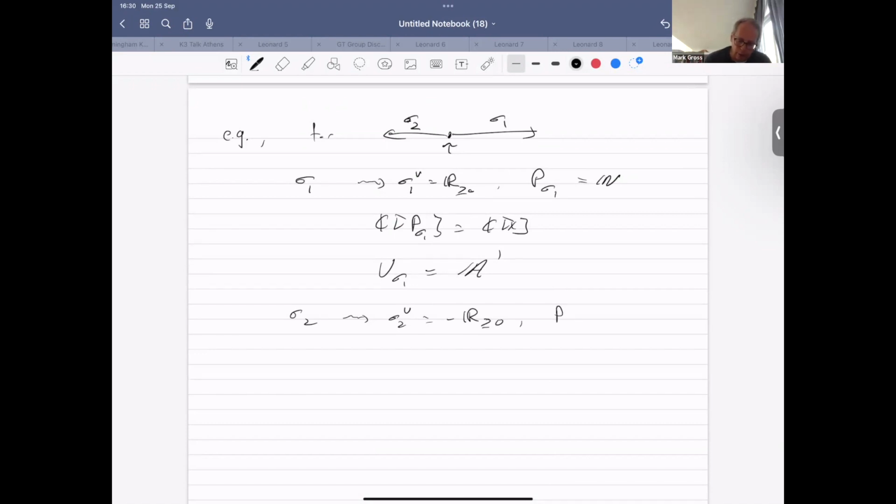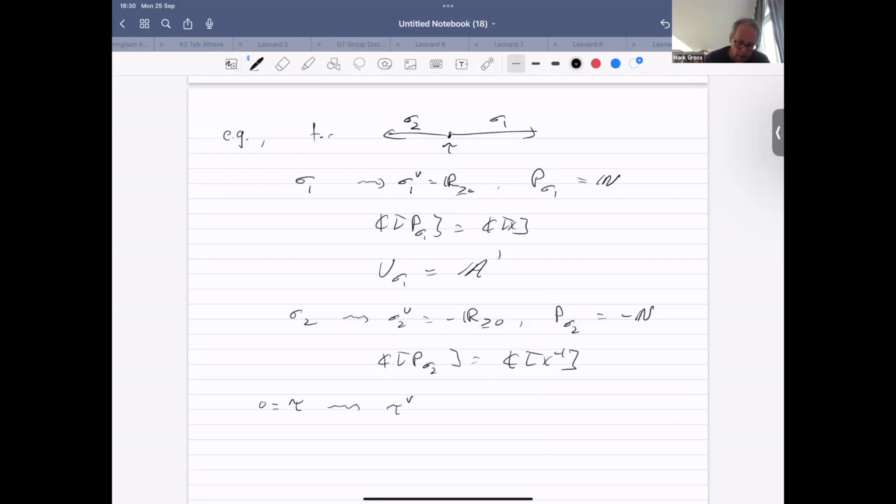And I can write P sigma 2 then as being minus N, so the non-positive integers. And then it's convenient to think of C[P sigma 2] as being polynomials not in x, but in x inverse. It's still a polynomial ring in one variable, but I want to record this as really being negative powers of x instead of positive powers of x. And then the dual of tau,